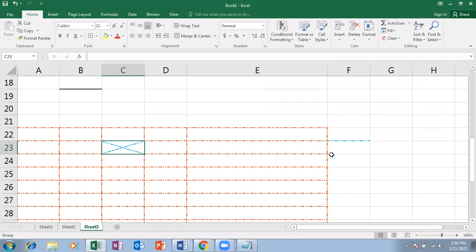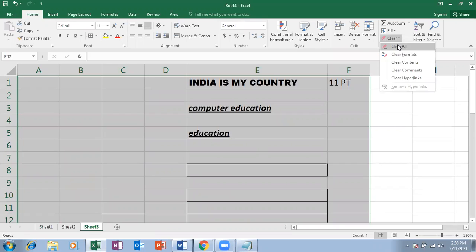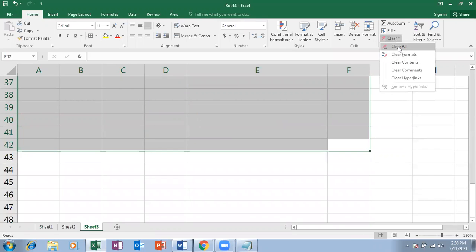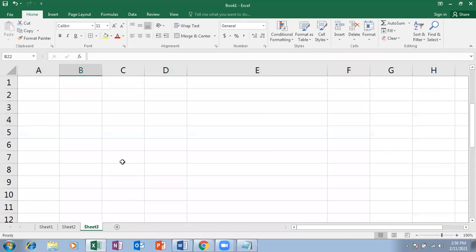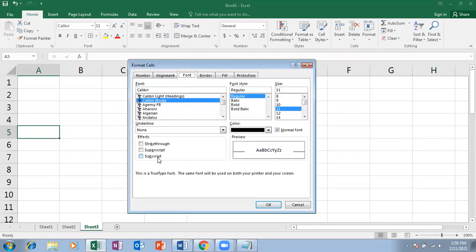And then let me take all this content. If I want, click on clear all. Everything will be cleared. So I hope everyone has understood all these tools. Now let me go for group options, and let me make it clear what is strikethrough, subscript and superscript. Before that, let's take a small break of about 5 minutes. Let me come back and show you what is strikethrough, subscript and superscript. So take a small break, just 2-3 minutes.